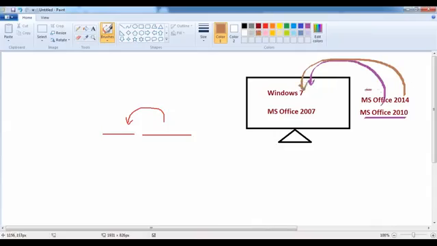Like that, every year Microsoft introduces a latest version of MS Office with some latest enhancements. If you want the latest features, every year we have to make the investment, buy the license of that software, and upgrade. That means we keep on upgrading. In order to get the latest features, we purchase the latest version of the license and upgrade it on our local device. We need to keep on upgrading.